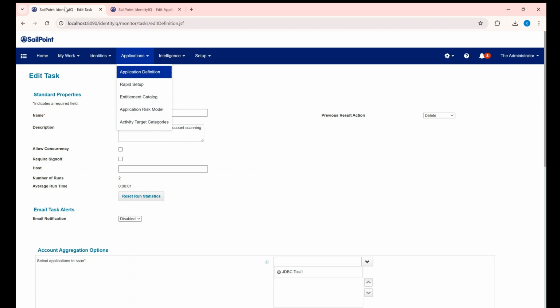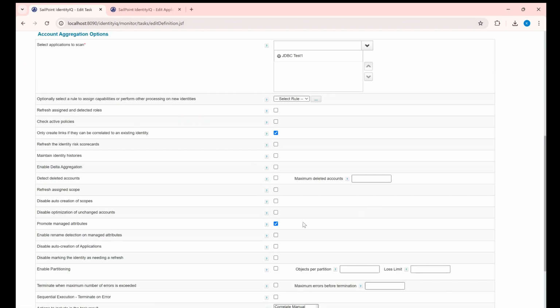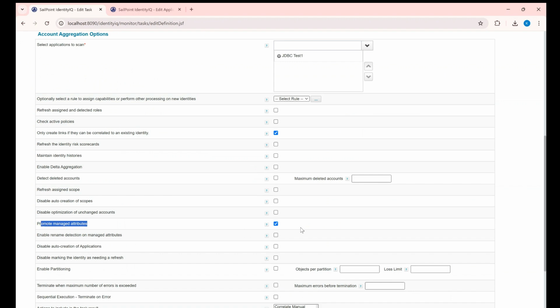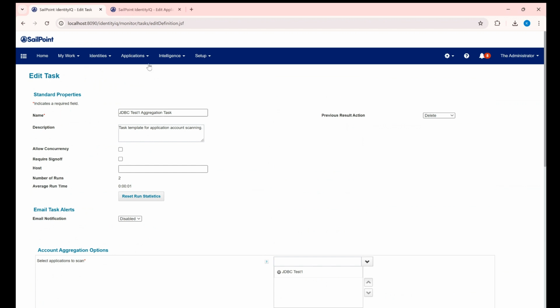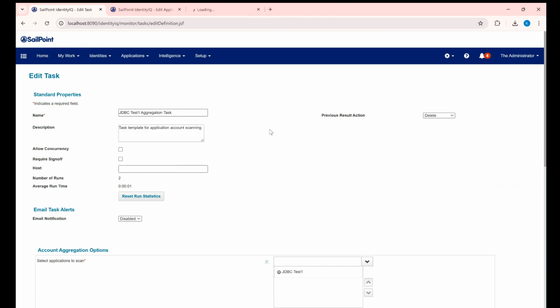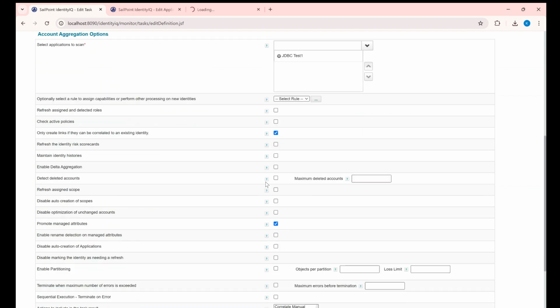Okay, so whatever attribute is selected as managed entitlement, and if you enable this option promote managed attributes, then the attribute will be promoted as an entitlement, and you can see them under the application entitlement catalog. You will find it here as an entitlement for all the values associated with that attribute and the user or